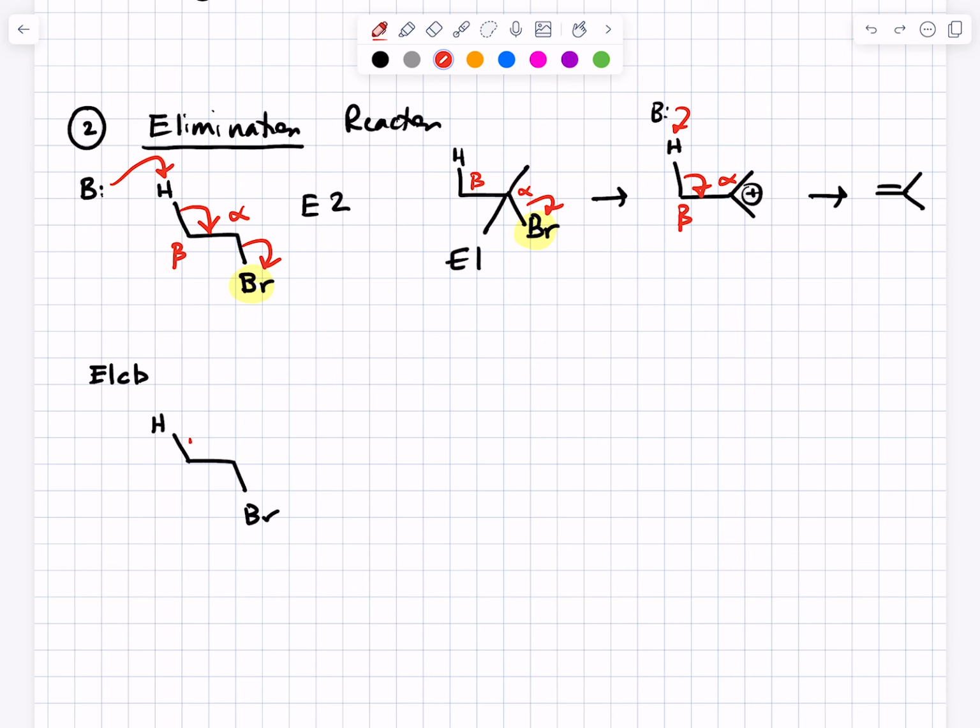Nope, getting it wrong again. Proton on a beta carbon, leaving group on an alpha carbon. But in an E1CB reaction, and sometimes the structures will be different, I'm just showing you how the mechanism is different. The base removes a proton first to give you a negative charge on the beta carbon, and that's the intermediate you get first. And then, and only then,